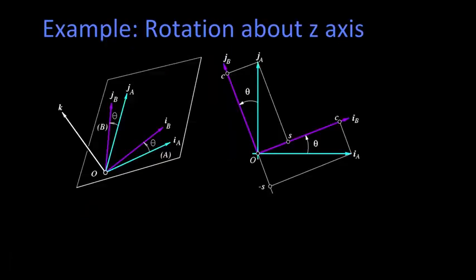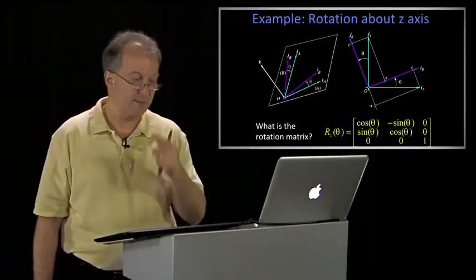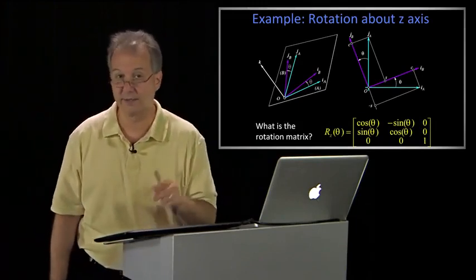So let's take a very simple example. Here I have two frames, and I'm telling you that the rotation of A to B is just about the z-axis. In the image on the right, I'm looking down on the z-axis. Now this should look very familiar when I ask you what the rotation matrix is. Why? Because you did this in algebra, when you talked about rotation by an angle theta about the origin in x, y. And hopefully you remember something that looked like this: cosine theta, minus sine theta, sine theta, cosine theta. George Thomas, who wrote the calculus textbook that many of us use, taught it to me as "Charlie's little sister socked Charlie." That way you remember where the minus